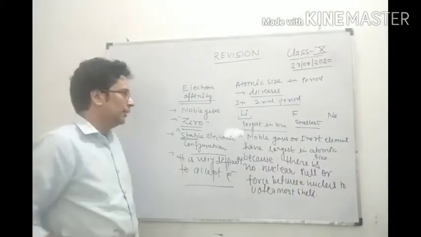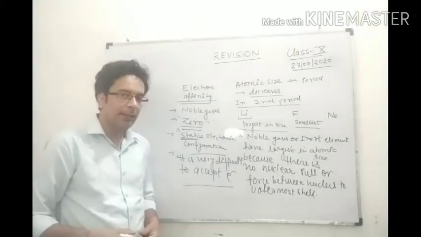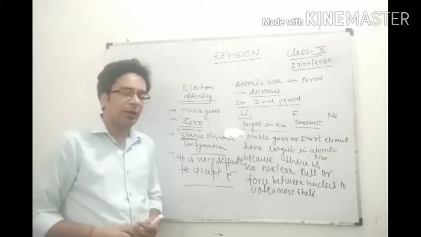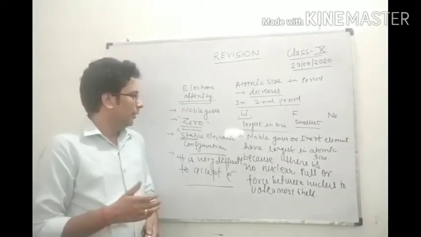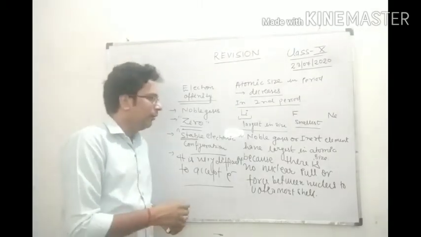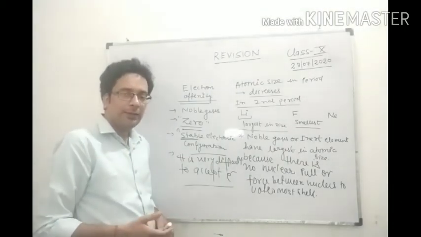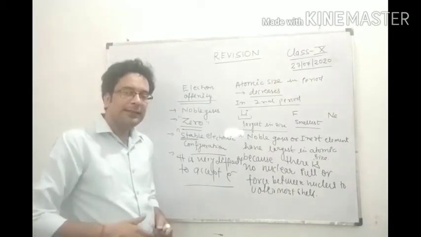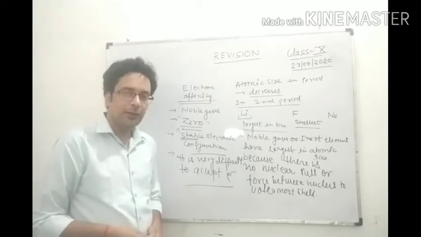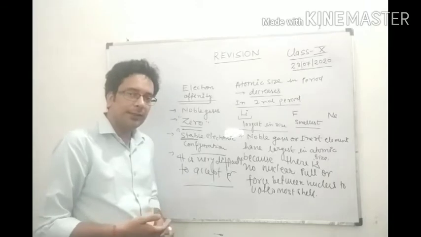So all these points are related to your first chapter, that is periodic table. In the last video also I revised your chapter, periodic table. Now all of you do the practice. What is the trend of atomic size in a period or group? Trend means changes. And why do changes take place in the periodic table? Because of electronic configuration. On the basis of electronic configuration, the number of electrons increases one by one.